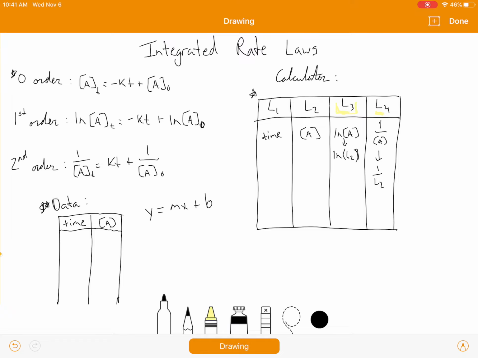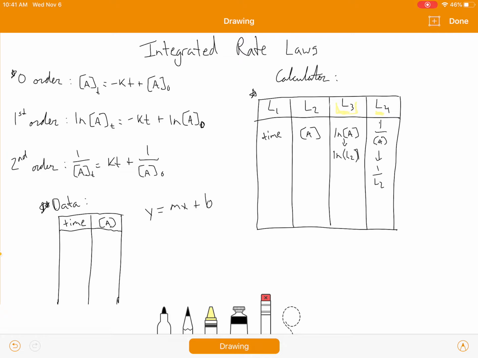So in each case, we're going to do a linear regression. To get that, you'll go to Stat Calculate, Stat Calc, and then find the number 4, which is LinReg, and it says ax plus b. So find that, and when you've found that,